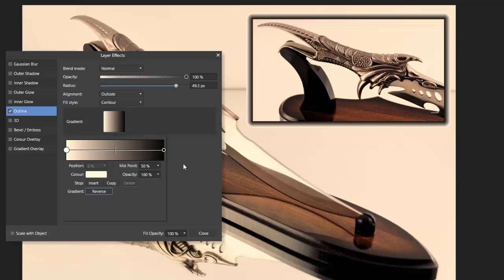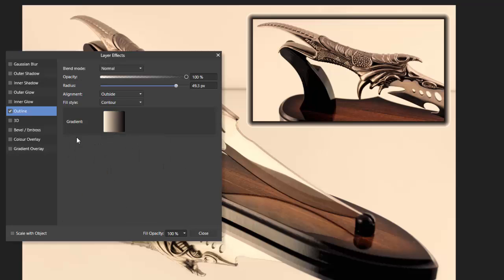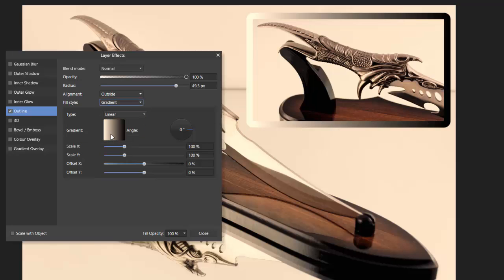But that's a whole different tutorial, really, looking at gradients. And the next one is actually gradient, but this will start black, or whatever colour you have it set at, on one side of the outline, and then it will change slowly to white, or whatever colour you have it set as, on the other side. Must admit I can't quite see the need for that, but again you do have that option. So let me come back to solid colour,